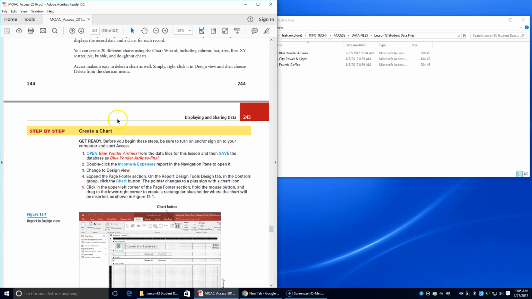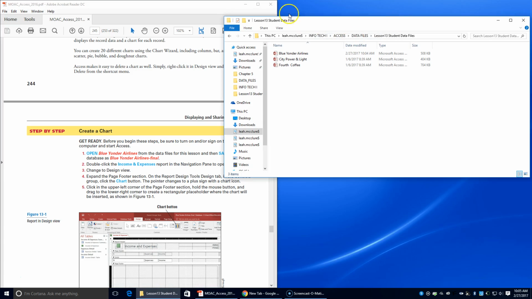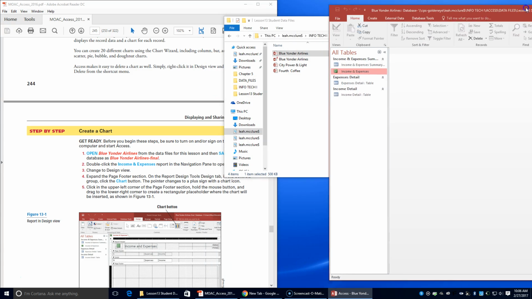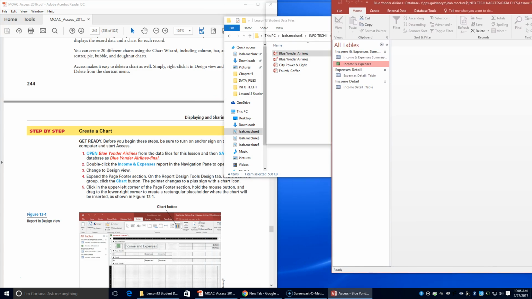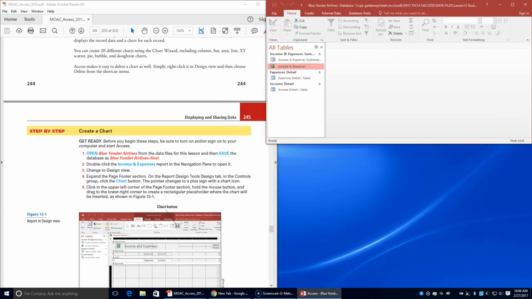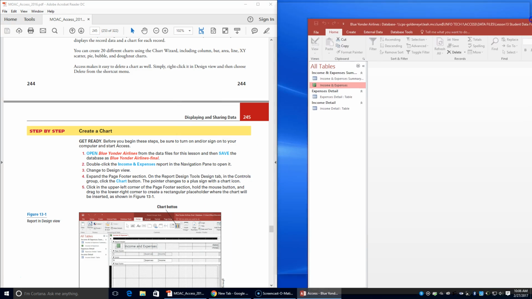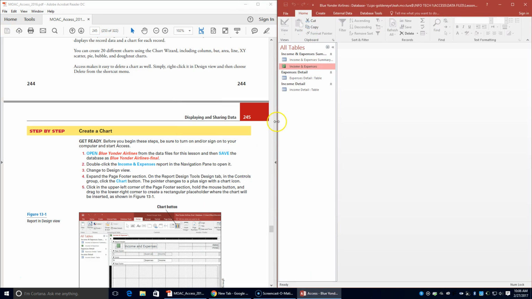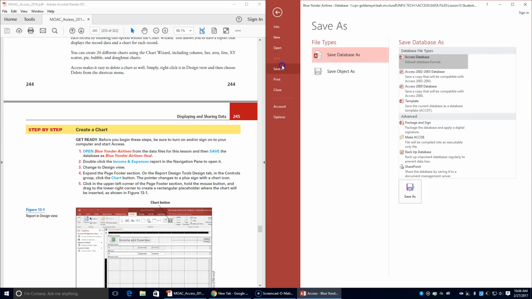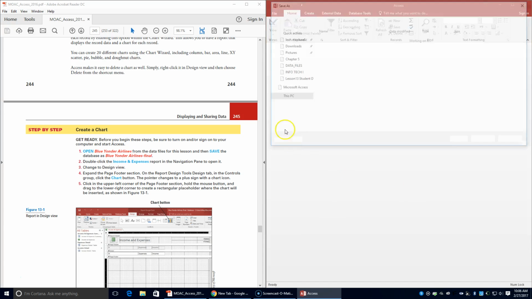Alright, so we're going to be creating a chart. So first it tells us to go to your data files, and we're going to open up Blue Yonder Airlines. I'm going to reposition my stuff here. Alright. Then it tells me to save the document as, so I'll go to Save As,